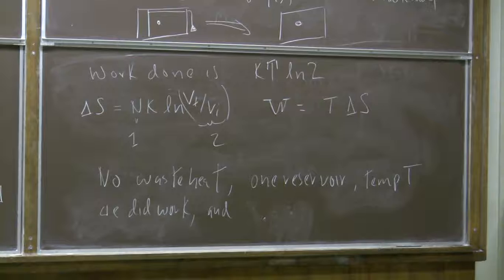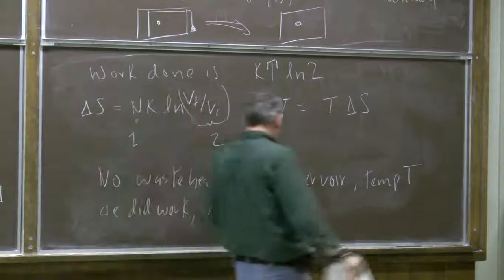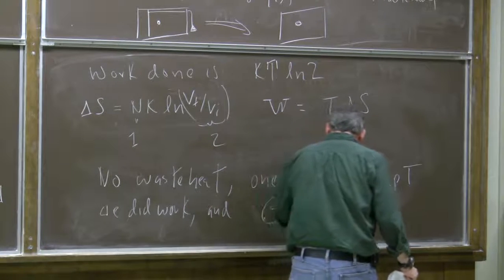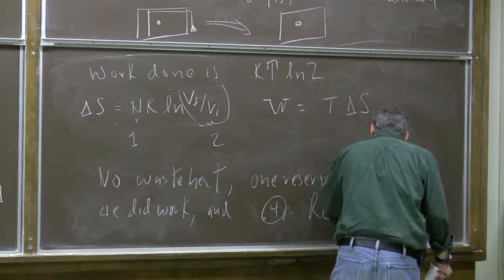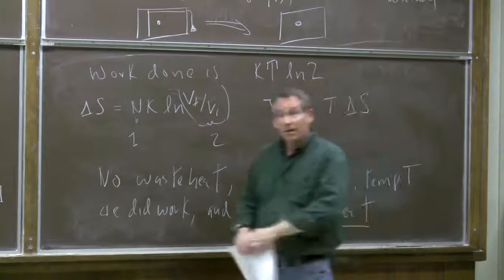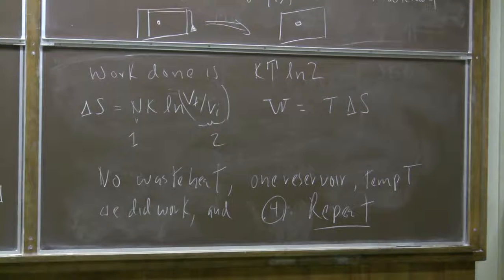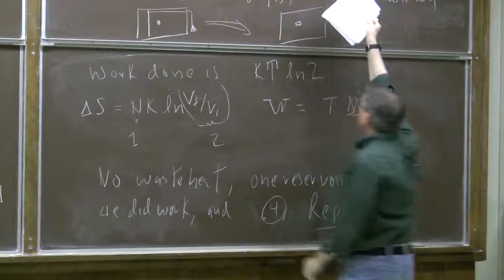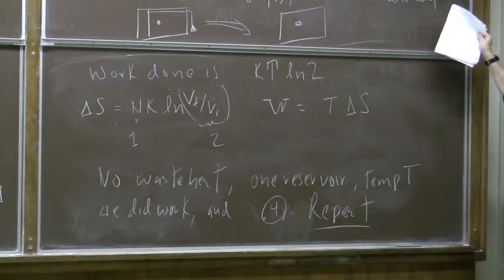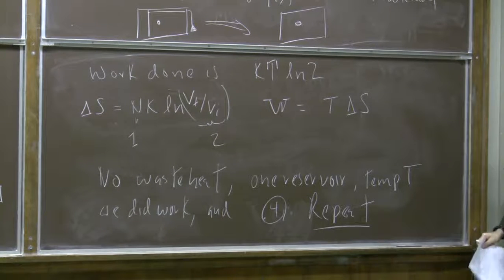And then the fourth step is we start the whole thing over again and do it again. So we can keep doing it over and over again. Each time we get work out, kT log 2. About half the time, the molecule, when we measure it in step 2, is going to be on the left, half the time on the right. We use that information to know which way to load the movable wall. Okay, so the weight will always be lifted. But every time we do kT log 2 until